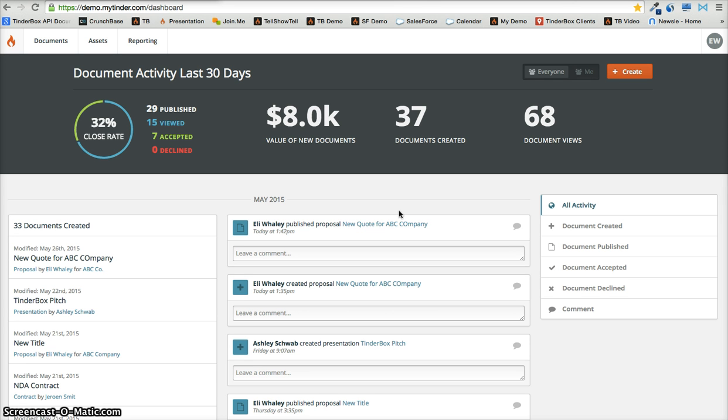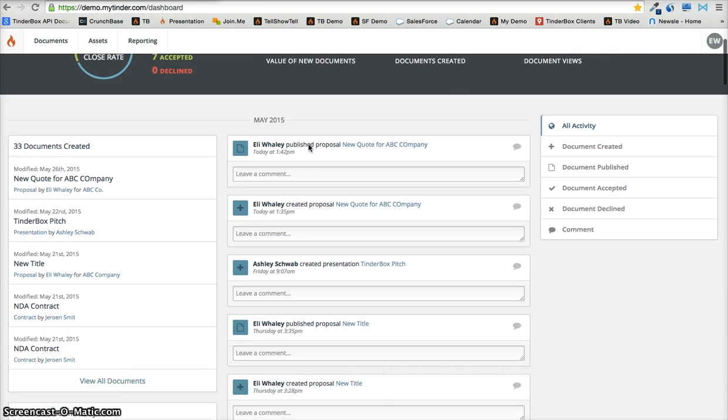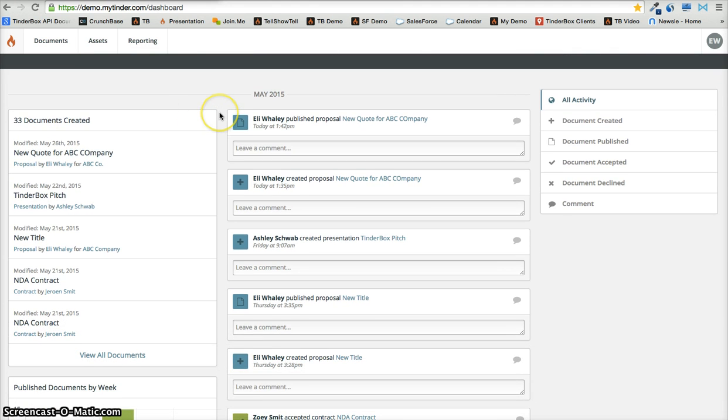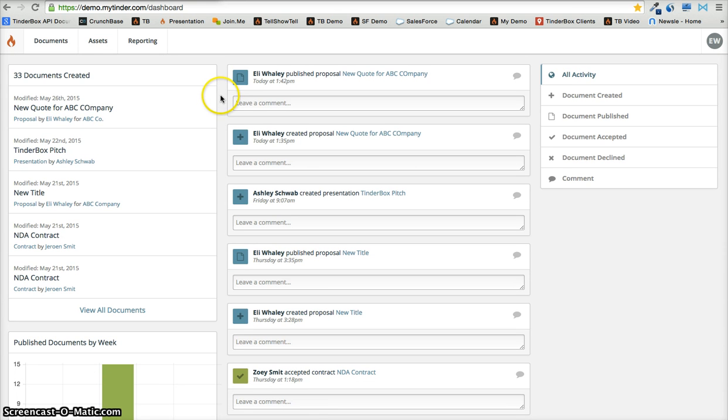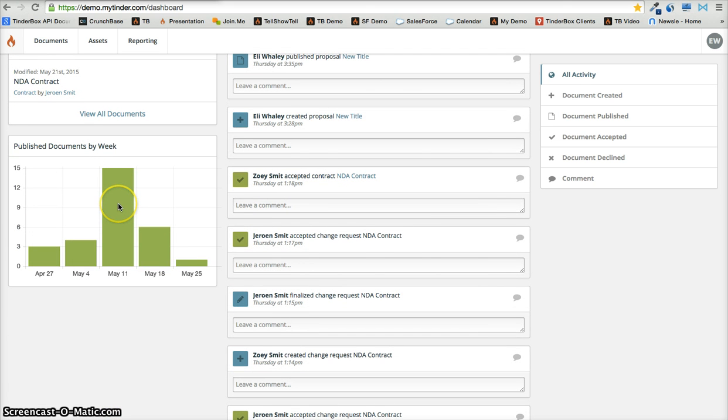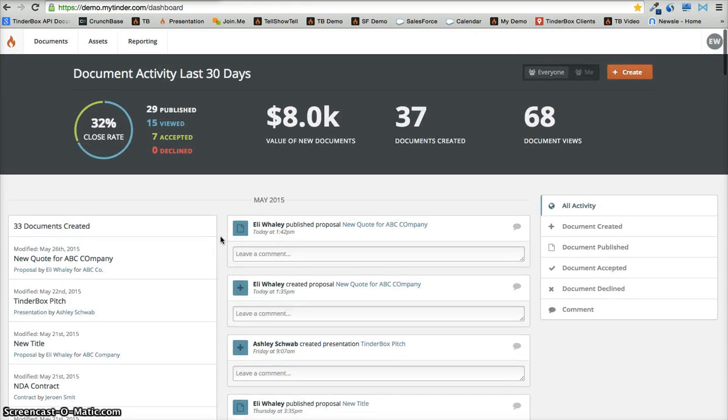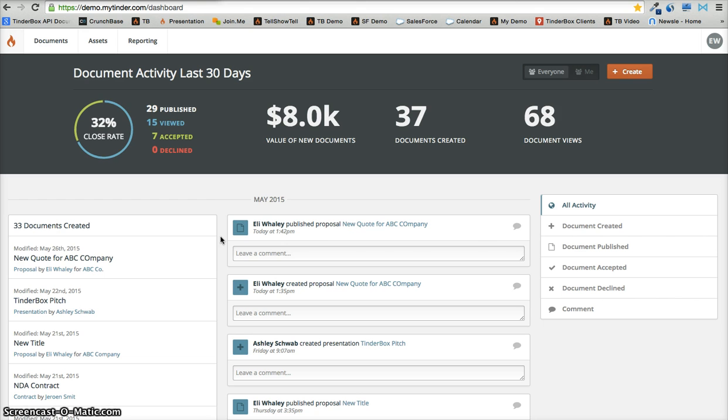So really quickly, what we're looking at here is TinderBox's dashboard. If I have a user license inside of TinderBox, this is where I can just view basic tracking and reporting. So document activity in the last 30 days. As I can see published, viewed, accepted, what are the value of my documents, and so on. As I scroll down, we can even see rep activity in the middle section here. Most recent documents created on the left, but also, how many documents have been published each week. So again, just giving us that basic insight, maybe for a manager or director, to be able to just know